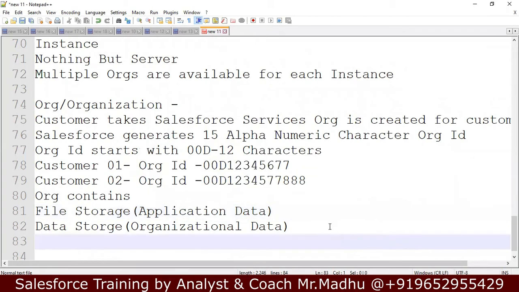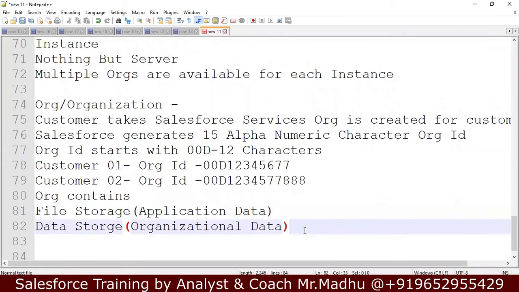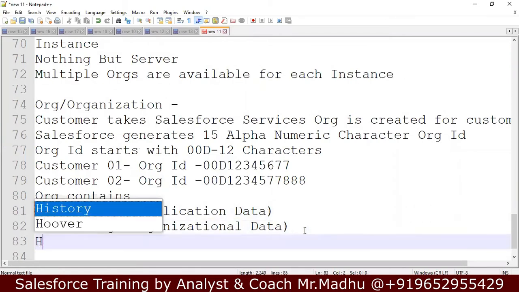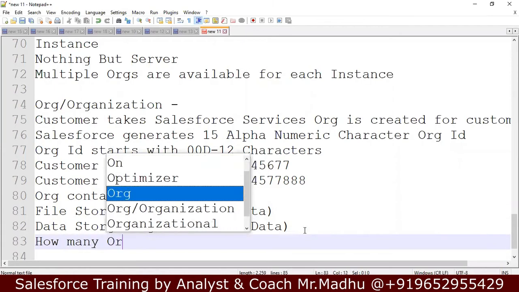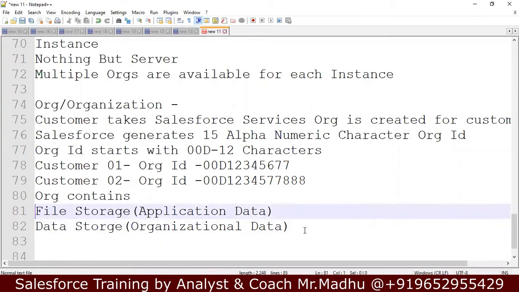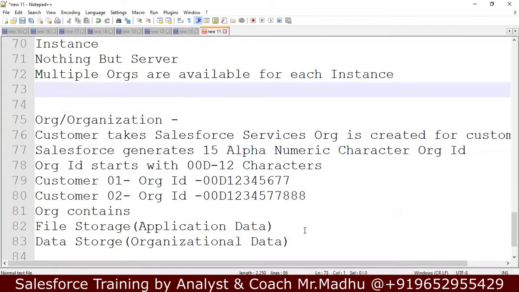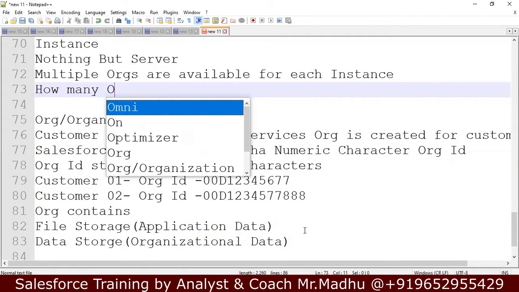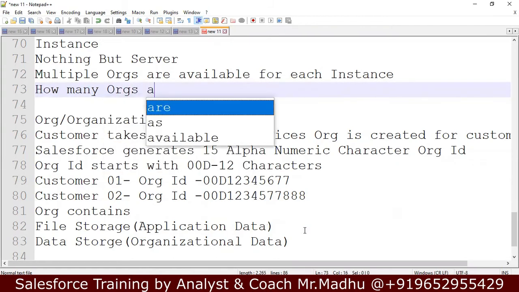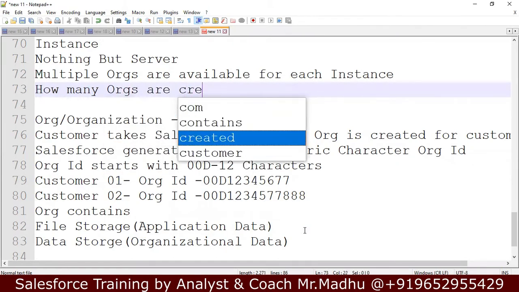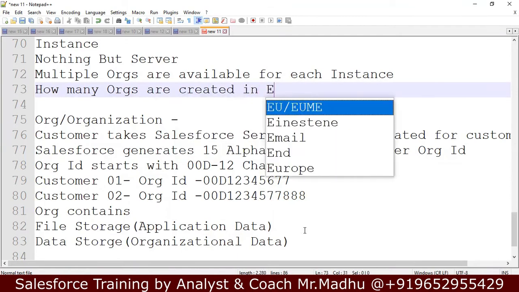Now we will see how many orgs will be there for each. Our question is, how many orgs are created in each instance?